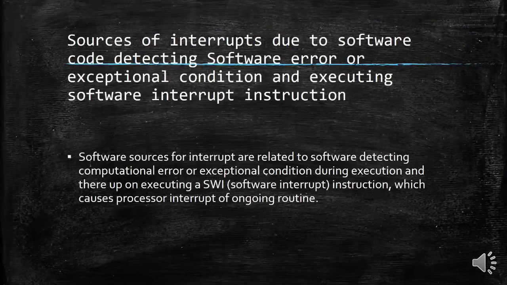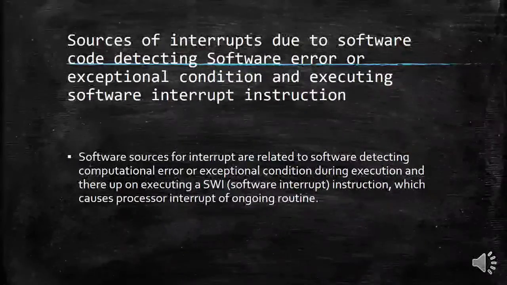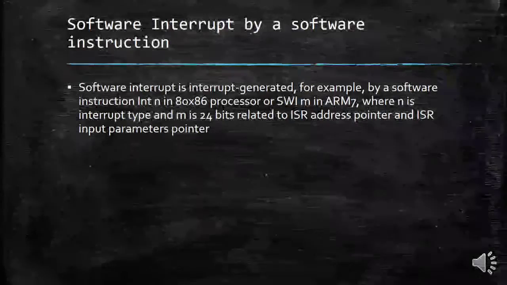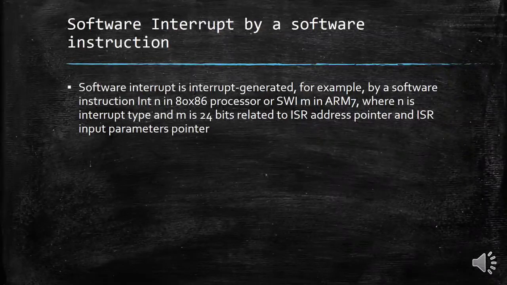Hardware may also detect this condition, such as division by zero or overflow in multiplication during execution, and internally executes instruction N or software interrupt N instruction. Here N corresponds to the exception detected by hardware. The signal from a thread for a signal handler or interrupt service routine, ISR, is also called a signal handler in case of a routine or program thread.